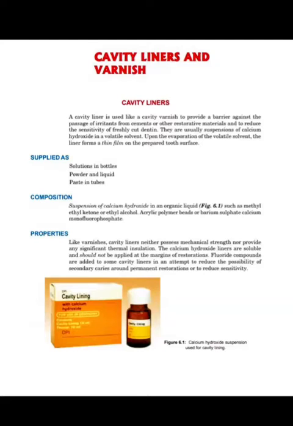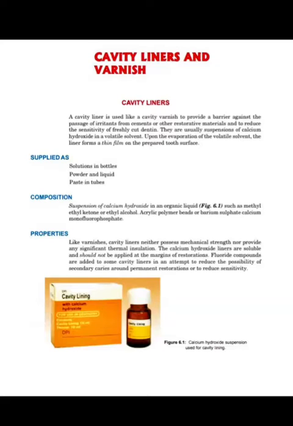We know that our tooth is made up of various tissues. It consists of enamel, dentin, cementum, pulp. We also know that pulp is the soft tissue. It is also living. It consists of nerve supply, blood supply, and it also consists of nociceptors, that is, pain receptors are present in the pulp. So any irritation to the pulp will result in pain. So we have to protect the pulp. Pulp protection is a very important step, and it is the only tissue in the tooth which has blood supply and nerve supply.